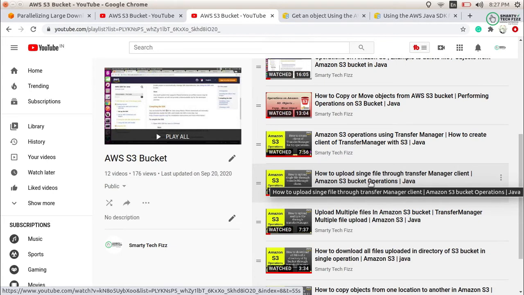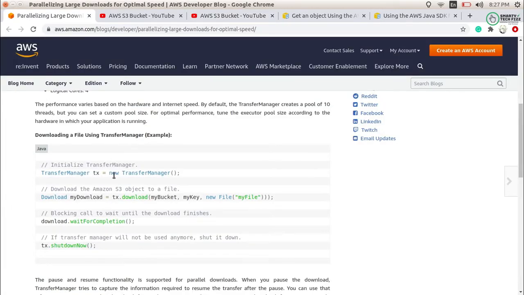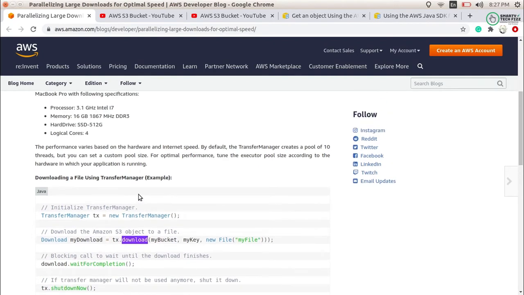So uploading and downloading are all covered in this video. This is how you can download or upload. It will automatically decide the number of threads and the number of bytes needed to efficiently download large files. But you have to take care, there are certain cases where it will not work.